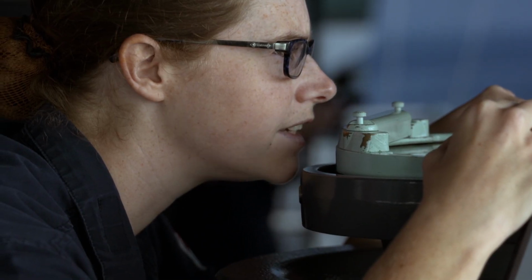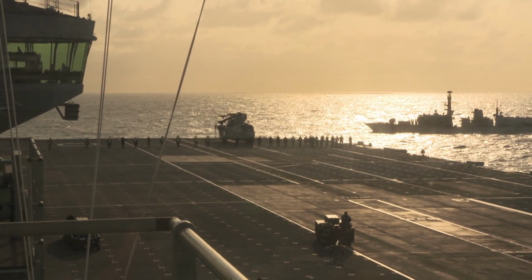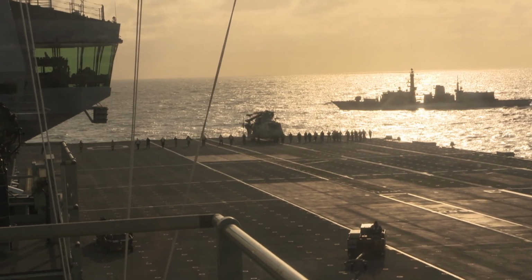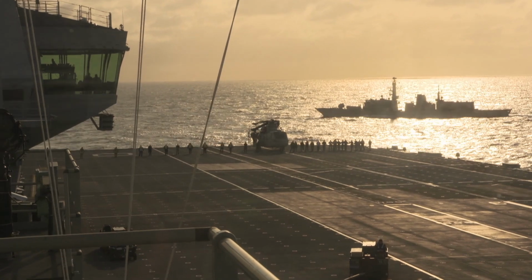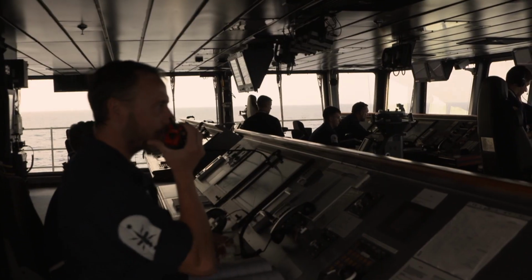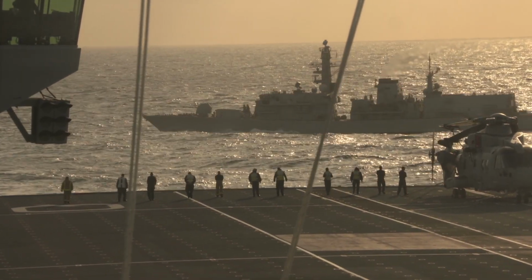Monmouth bears 083. The Queen Elizabeth, a prime target for any enemy, whether Russian or not, will always be escorted by other warships and even submarines to protect her from attack. Confirmed 6 knots. But for this trip, it will just be the Monmouth, a chance for both ships to get